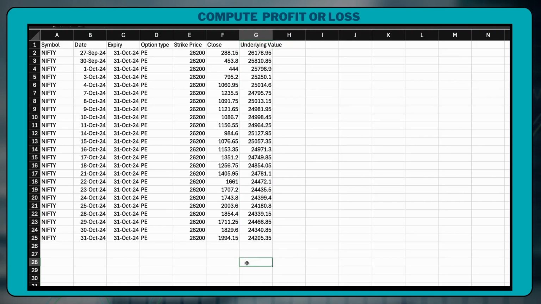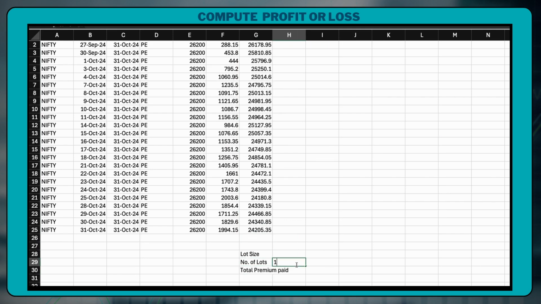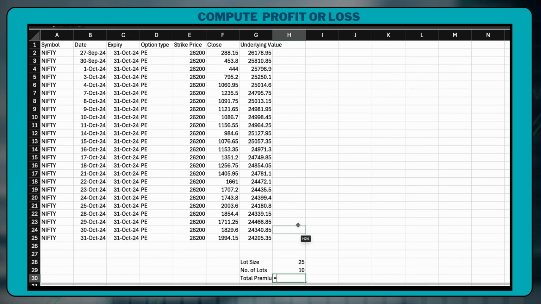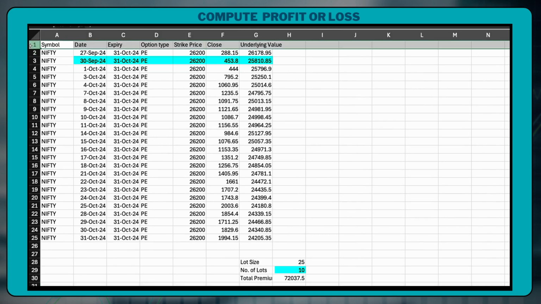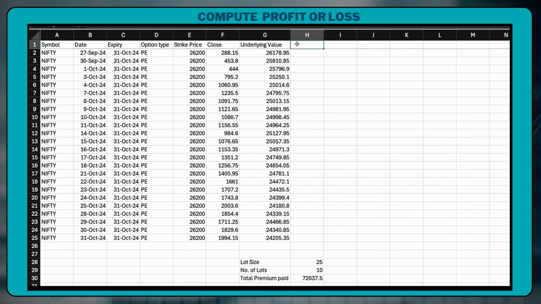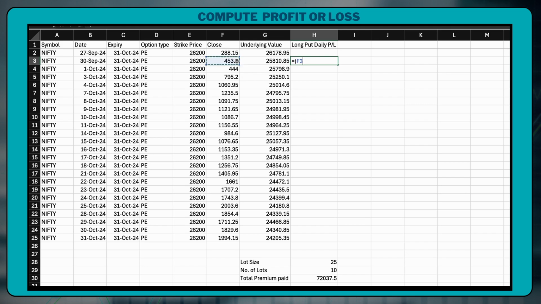Suppose this trader purchased 10 lots of Nifty put options at a premium of 288.15 per unit, making his total investment 288.15 into 25 into 10, which gives us 72,037.5. So on 30th of September, the Nifty index dropped further compared to the previous day, and the premium rose to 453.80. The trader made a profit of 453.8 minus 288.15 multiplied by 25 into 10, which equals